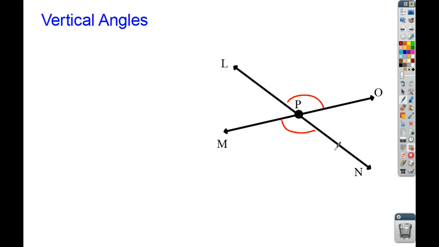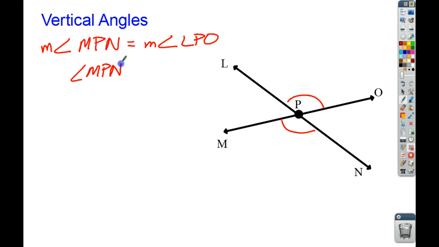So right now I can say my vertical angles here are angle MPN, we'll call that one, and angle LPO, and what I'm going to say is the measure of these are equal to each other, okay? I know that they're the exact same. The measure of them are equal to each other. Another way of saying it, if I wanted to not talk about the measure, I could say angle MPN is